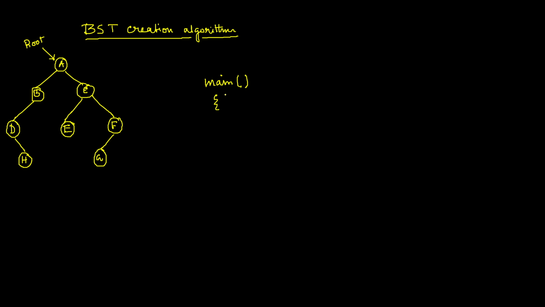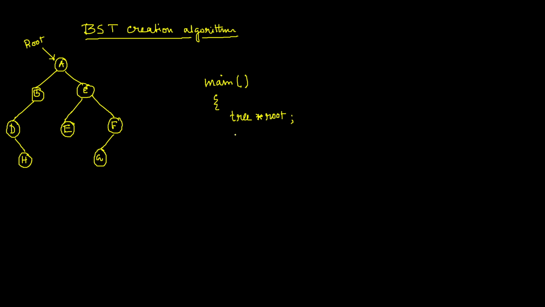Now that you know how to declare the structure of the tree, if you still have some doubt, or if you missed that, you can go through my previous lecture videos and you can find that. And now here, we can declare a variable, say root, whose data type is tree star. So let's write tree star root. Okay, let's see if another variable is required, then I will declare that accordingly.